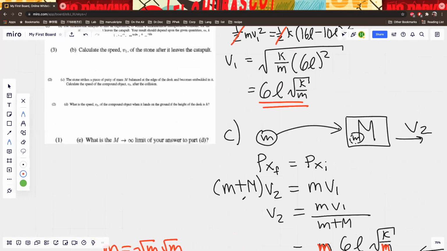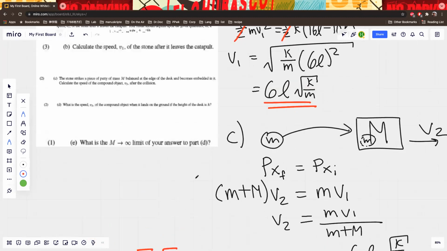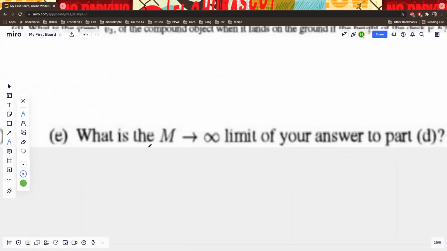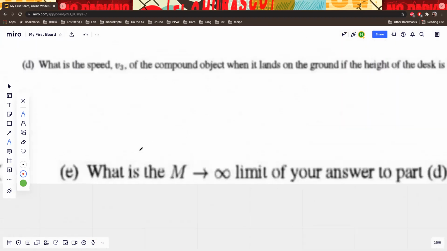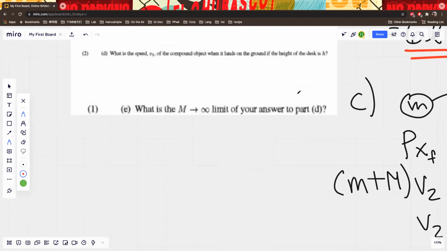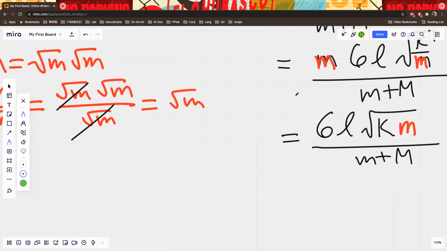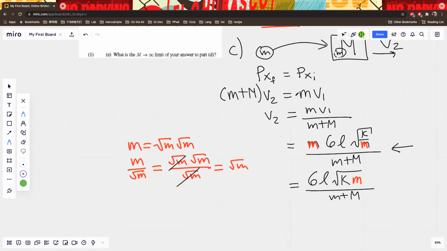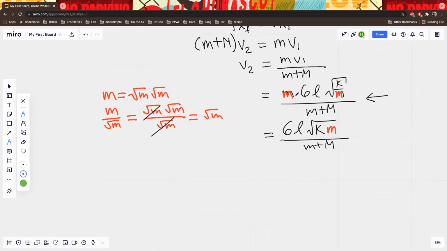All right, so part D now. Gotta zoom in. Are you able to read that? What is the speed of the compound object when it lands on the ground if the height of the desk is h? Okay, so now we need to take into account energy. Now this is an elastic process because the inelastic part of this is over. So we have for part D,